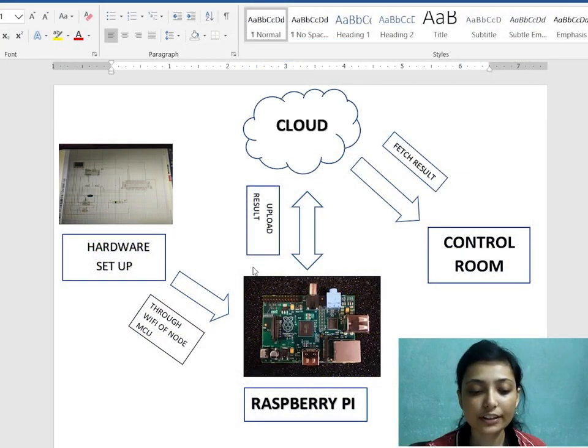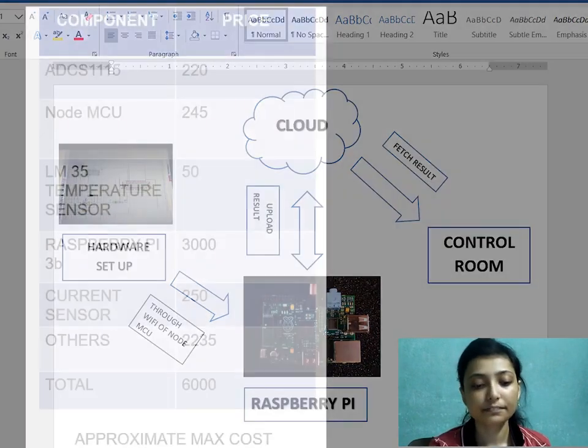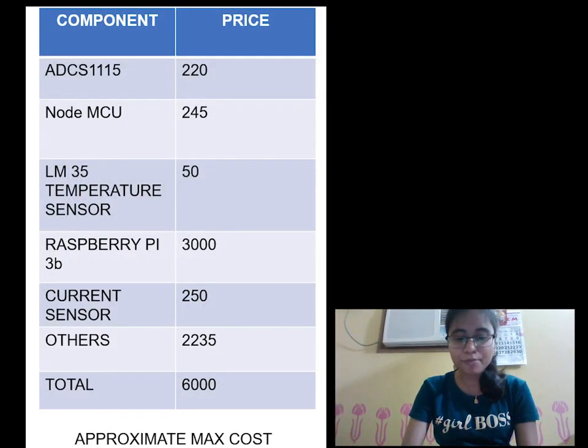Now data processing starts in Raspberry Pi and it produces a result. This result is uploaded to the cloud through Wi-Fi, and this uploaded result is fetched from the cloud and gives a message to the control room about the fault prediction. By using Wi-Fi and a cloud server system, we maintain the remoteness characteristics. Our project has more appropriate and specific results than other available technologies, and it can ensure a safer, low-cost system which can detect the flaws of the electrical system and also supports the maintenance of bigger plants.